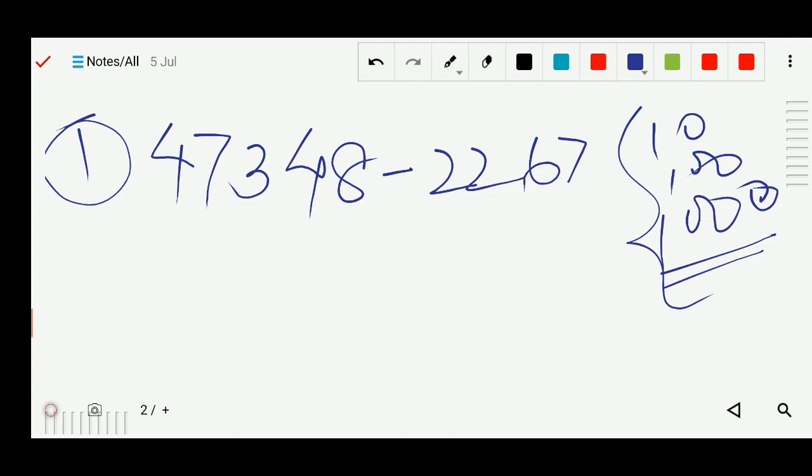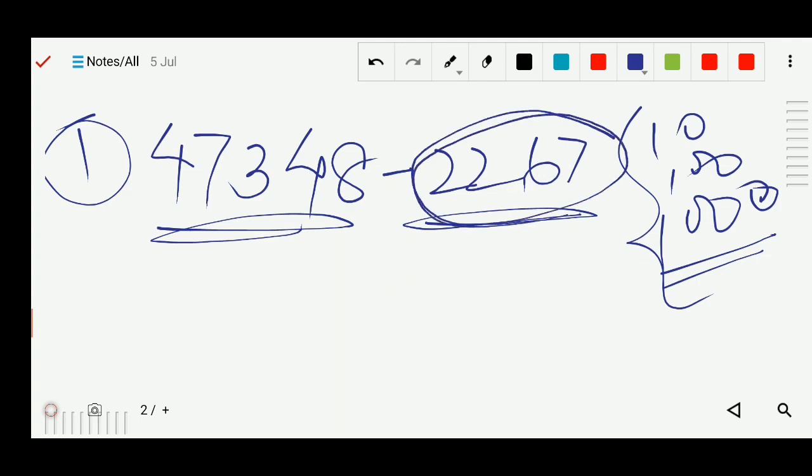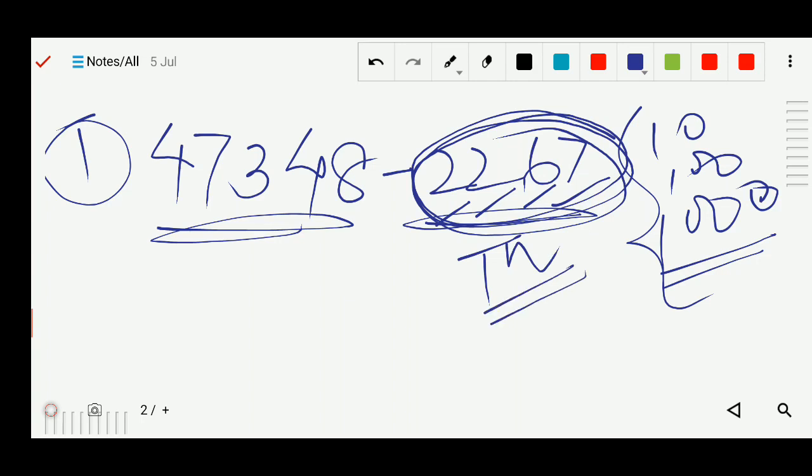You have to check the smaller number. In these two, which one is the smaller number? And check the maximum place value of that smaller number. Means check how many places there are in this number: ones, tens, 100, 1000. So here the maximum place value is 1000. So in this type of question where no round up value is given like 10, 100 or 1000, what you will do?